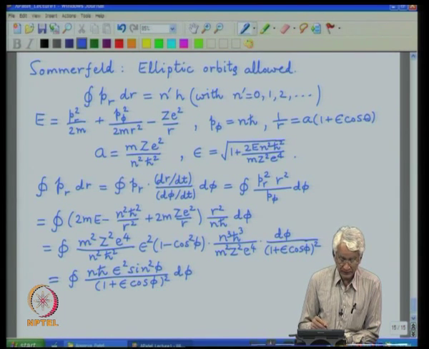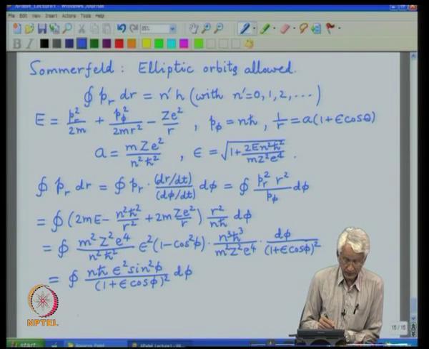Now, one can evaluate this integral by various tricks. One particular way is to do a contour integration around a unit circle, and